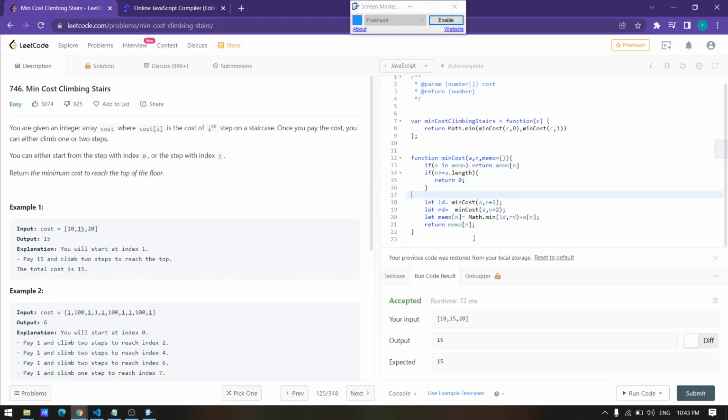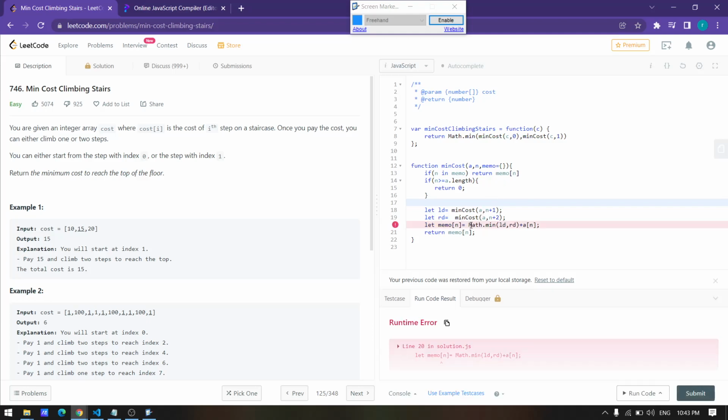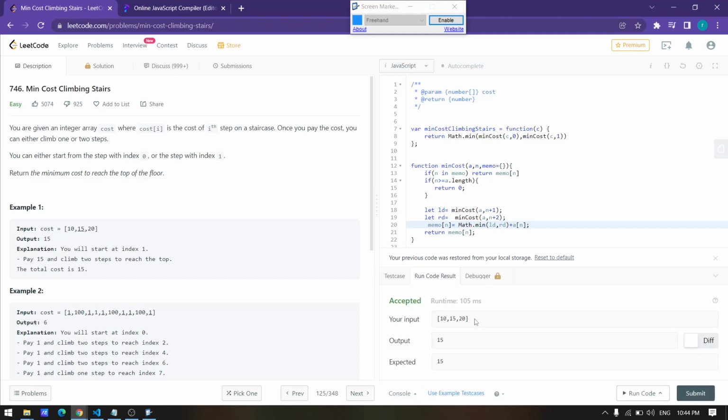First, compile it for the smaller part, and after that we'll check it for the bigger part. Okay, memo is already declared. Yeah, it is giving me the correct output.